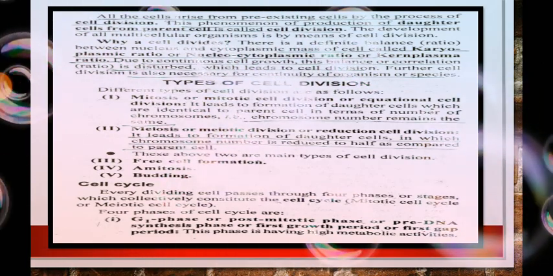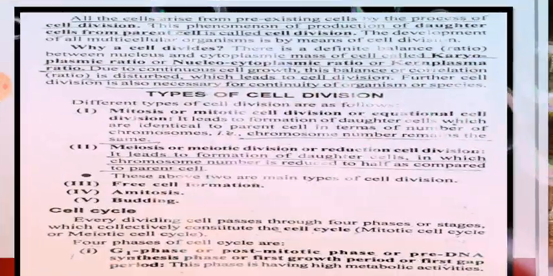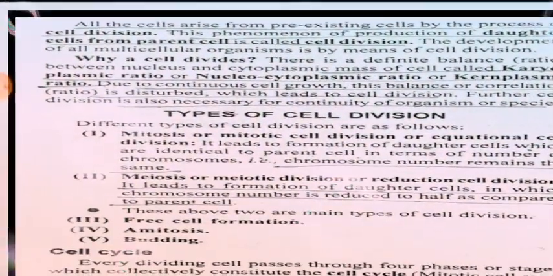So in the development of all multicellular organisms, because whenever we study higher organisms, their cells are divided into various forms, that's why they are known as multicellular organisms. Even in the case of algae or prokaryotic cells, these have only one single cell, so this is known as a unicellular organism. If more than one cell is present, it is a multicellular organism. For example, animals, birds, human beings and plants are multicellular organisms.